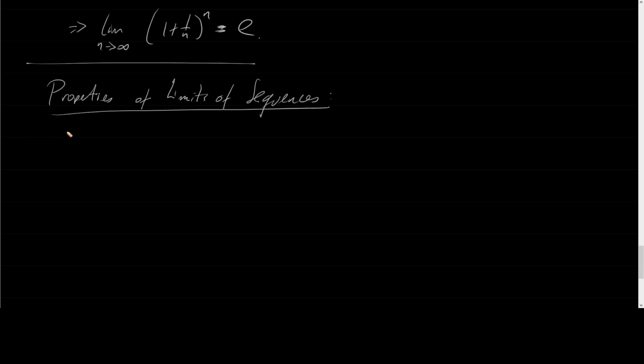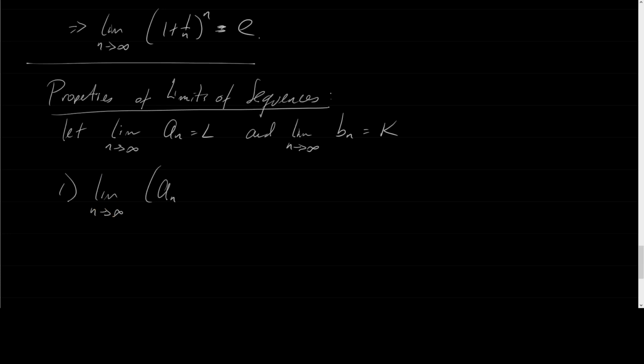So if I let the limit as n goes to infinity of a sub n equals L, and the limit as n goes to infinity of b sub n equals k. Alright, so if I let those two things be true, well, we have that the limit as n goes to infinity of a sub n plus or minus b sub n would be L plus or minus k. Alright, so the sum or difference of two sequences, if I take their limit, you can just add or subtract